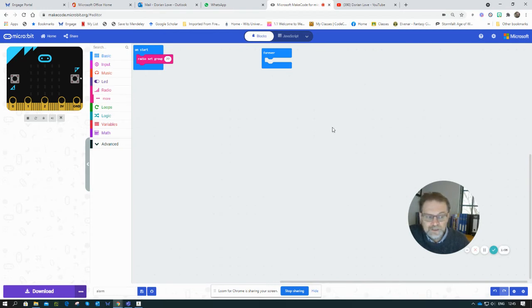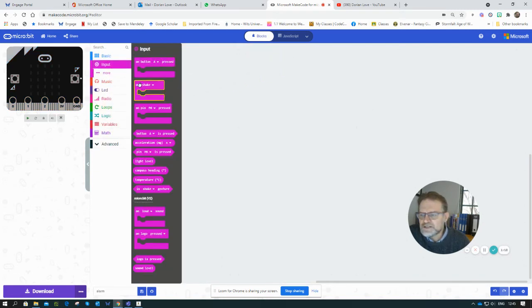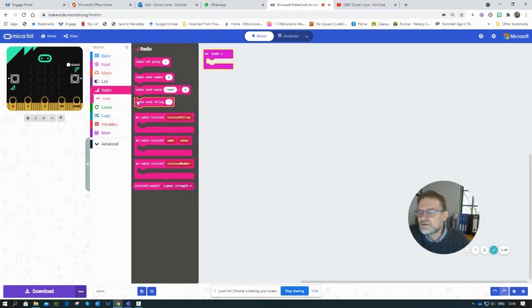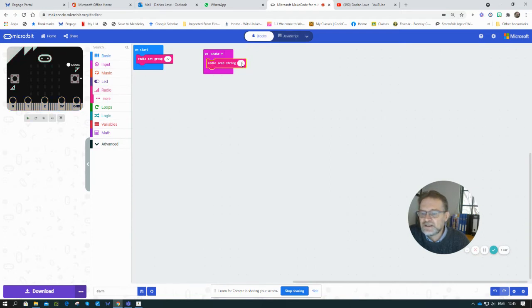another. Then, forever we don't need, the input we're going to use is on shake. In other words, when the chip is shaken, when it's moved, then what must it do? Well, it must send a radio signal to the other microbit. So it's going to send a string, for example, saying there's a thief, there's a problem. So under radio, I'm going to go radio send string, and then in here it's going to say